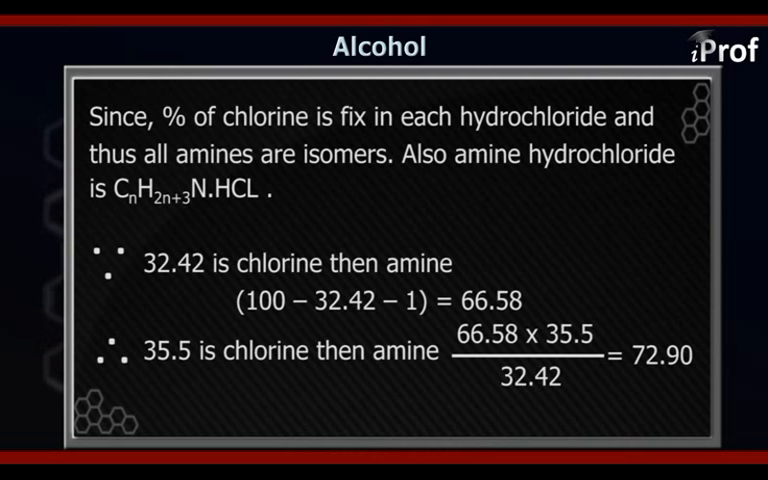Now we have assumed that the amine has the general formula CnH2n+3N. The molecular weight of this general formula of the amine must be equal to 72.9. So you may write it as 12 into the number of carbon atoms, that is n, plus 2n into the atomic mass of hydrogen, that is 1, plus